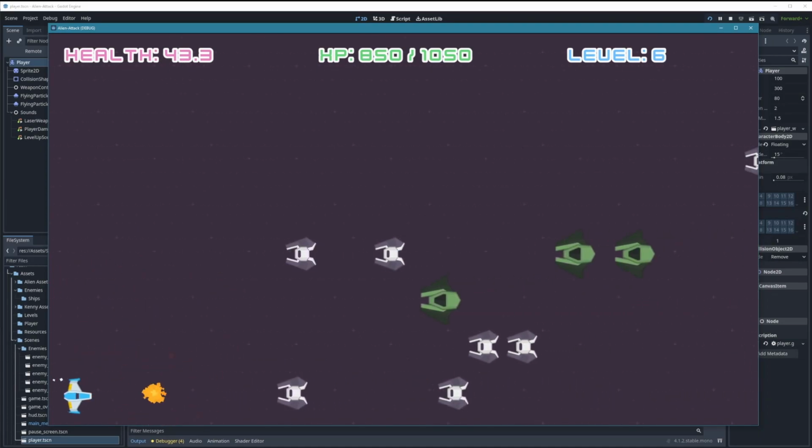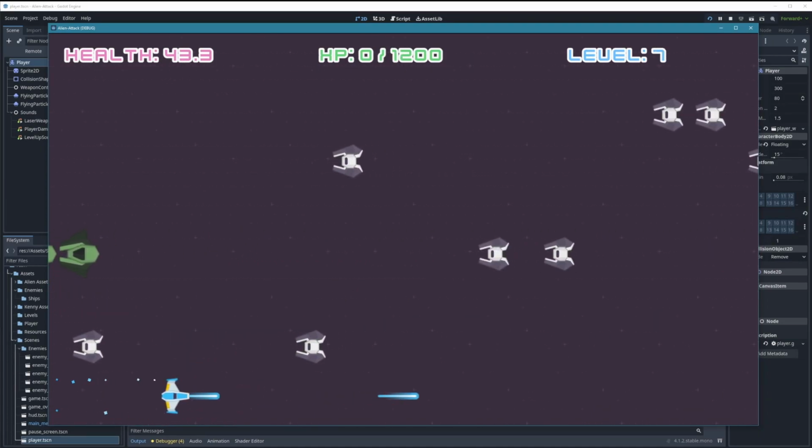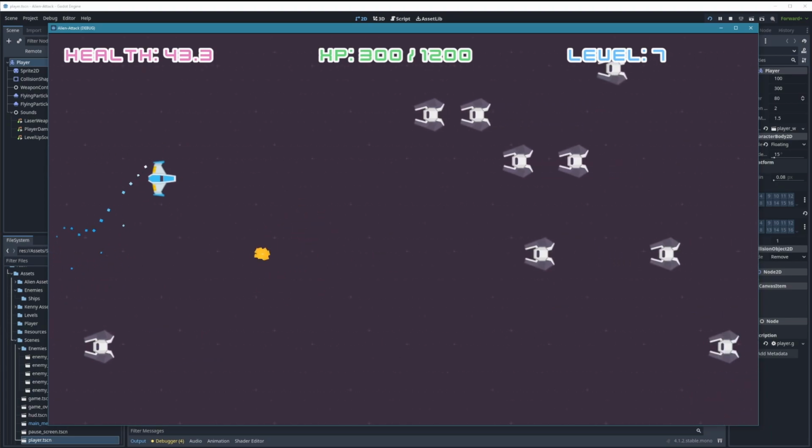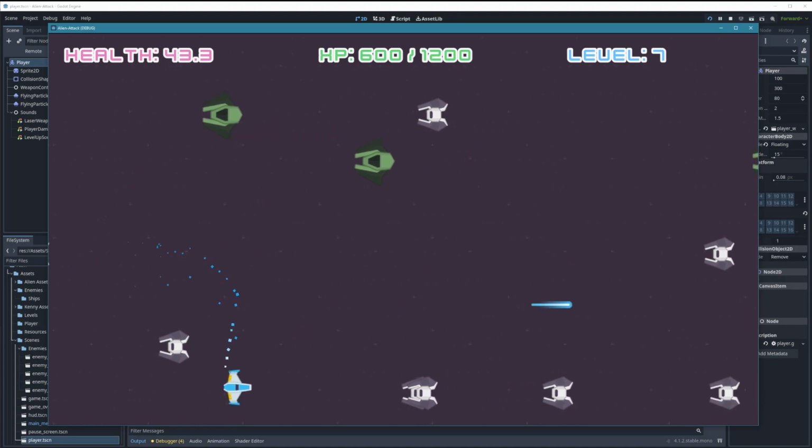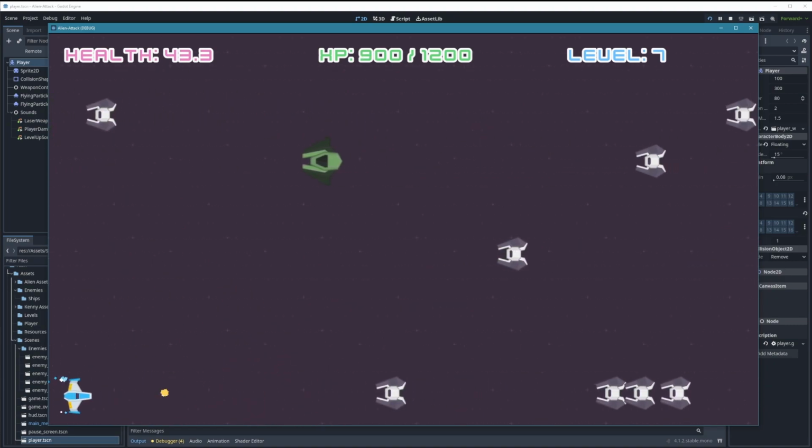Now, this isn't so much a complaint about Unity. It's not like it takes that long, but it is a huge compliment to how speedy Godot can be for prototyping. It really blew me away. It feels like you can really hit the ground running.